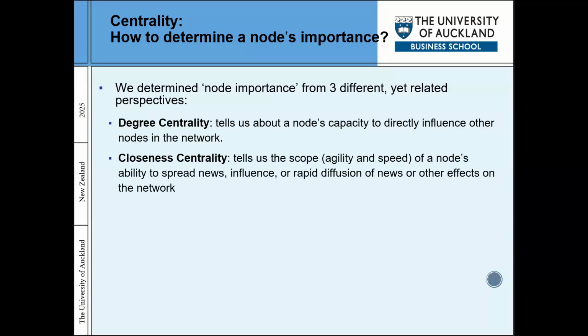But over time, other concepts were developed, and one of them is closeness. Closeness centrality is about how my position in a network allows me to spread news more quickly. So in a way, we are interested in that kind of effect: how a person in a network would be important if their position there would allow the spread of the message more quickly.